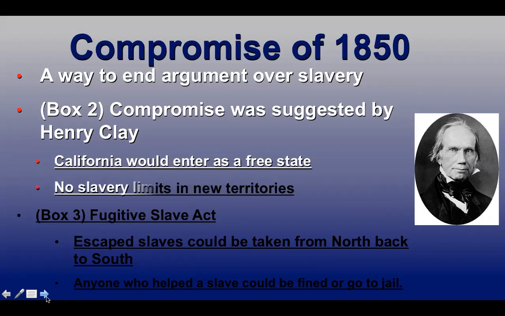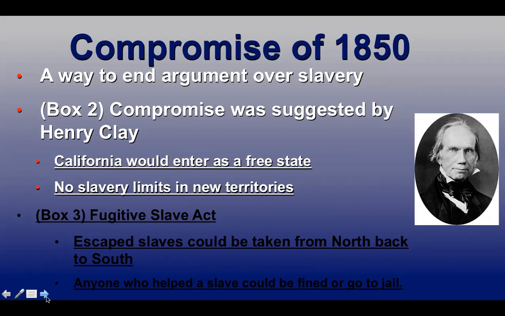You can have slavery or not in those new territories, but it's already been decided. You can have slavery, but you don't have to. He's not saying they have to. He also talks about the issue of those fugitive slaves that I was talking about, those people who were escaping